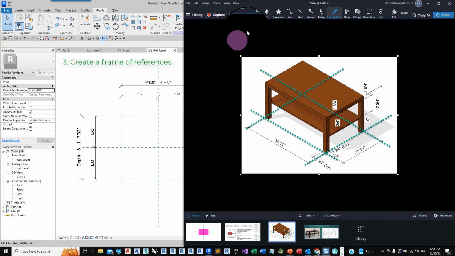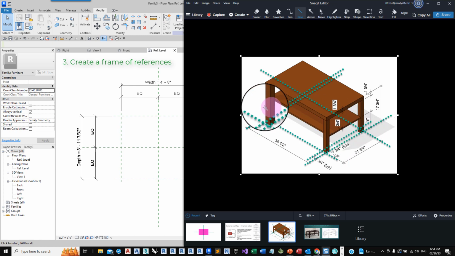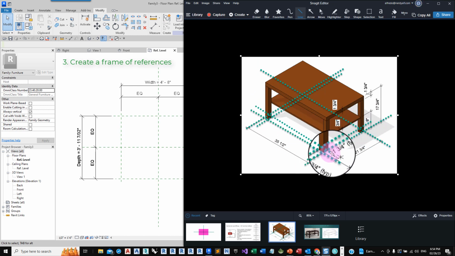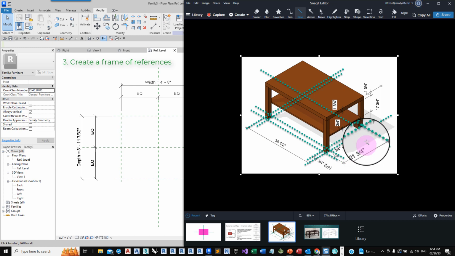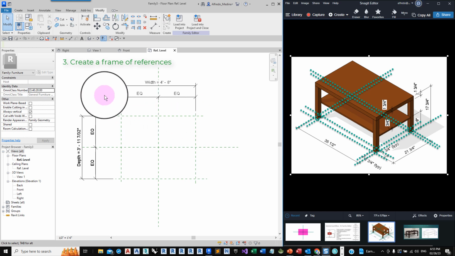Then looking at the picture, we need something to constrain the thickness of these legs. For example, in Snagit, that means that we will do a reference plane here, another one here, another one here, and another one over here, so that we have control over the thickness of those legs. Let's do that in Revit.